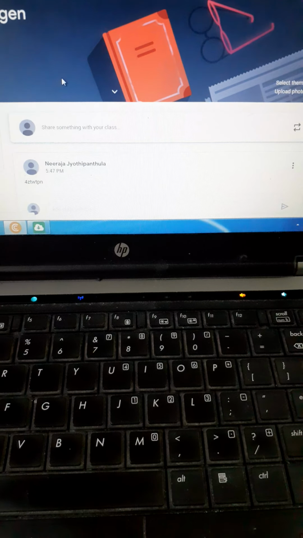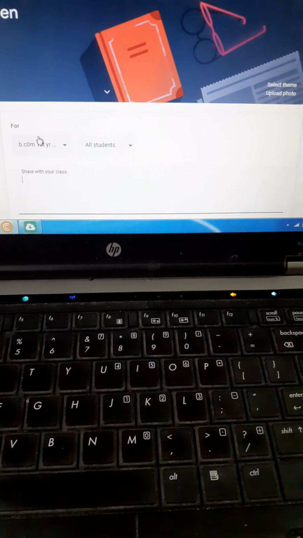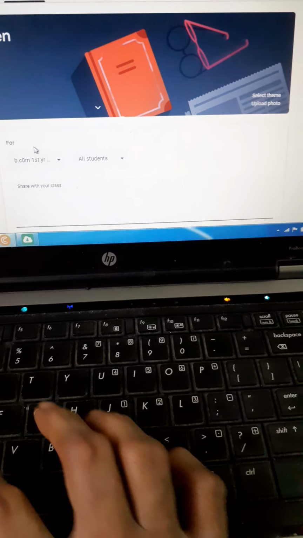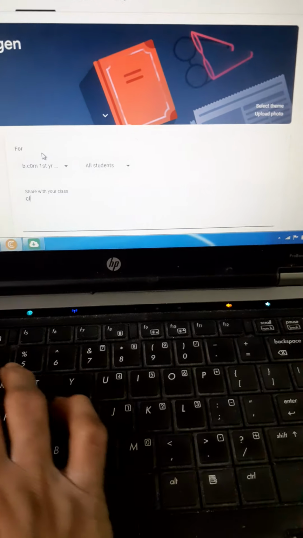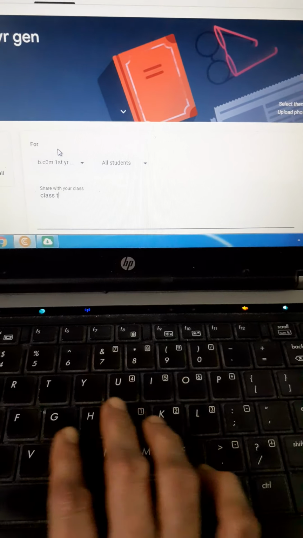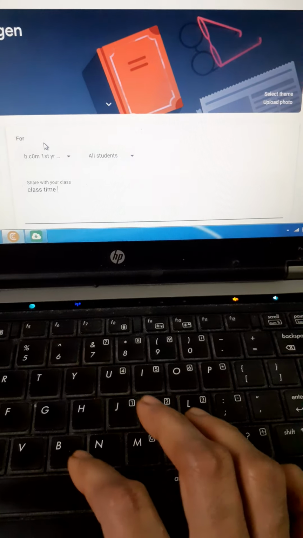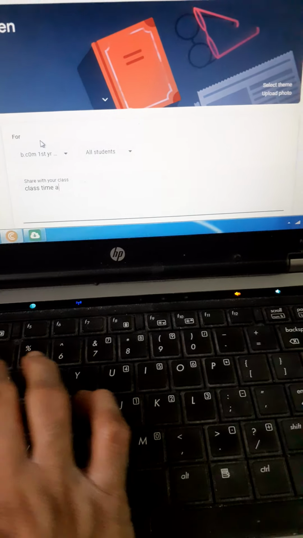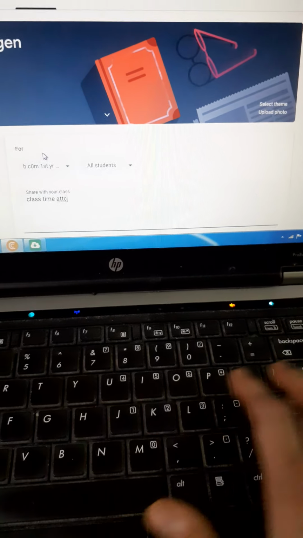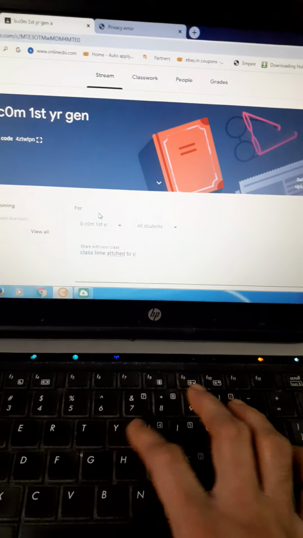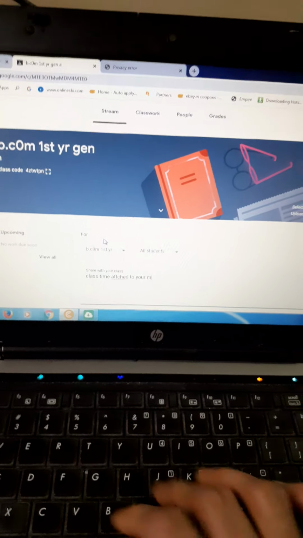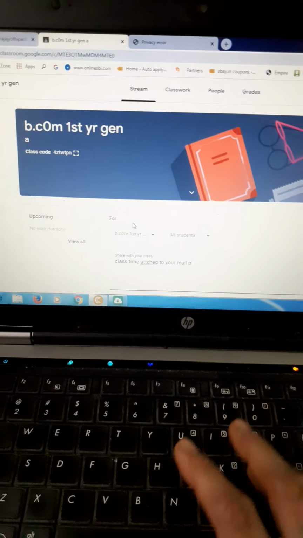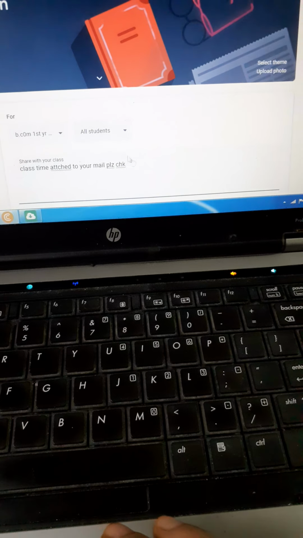Some information we want to share with students here. We can type here: class scheduled time, attach it to your mail, please check. Like this we can send something to all the students.